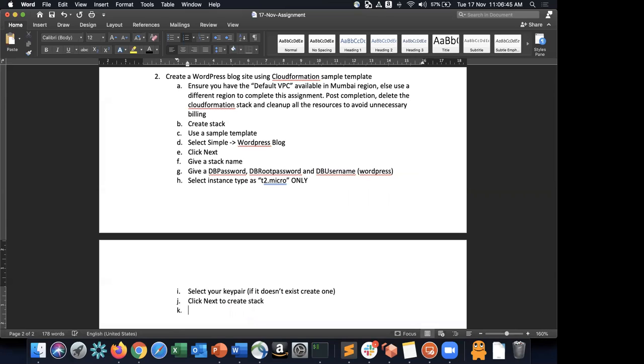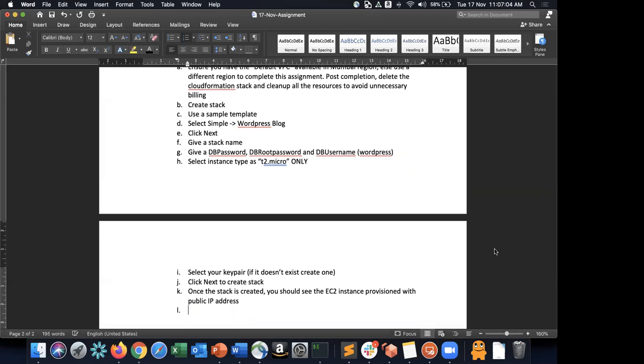Okay. Once the stack is created, you should see the EC2 instance provisioned with a public IP address, and then go to the output in the CloudFormation stack. Go to the output section tab, where you will find the URL